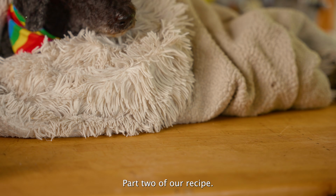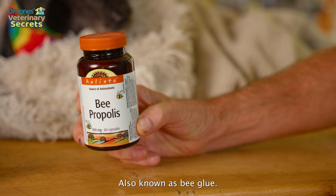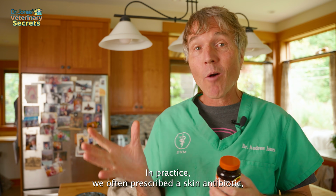Part 2 of our recipe. We're using an awesome natural antibacterial, the product of honeybees, also known as bee glue. This is bee propolis. For a majority of the dog hotspots that I saw in practice, we often prescribed a